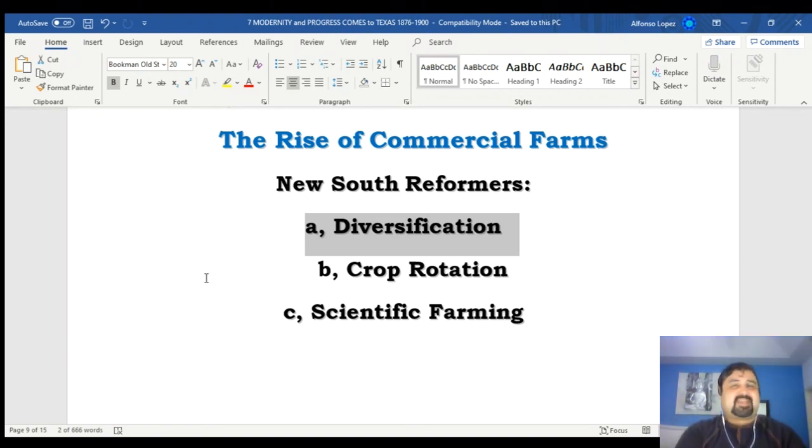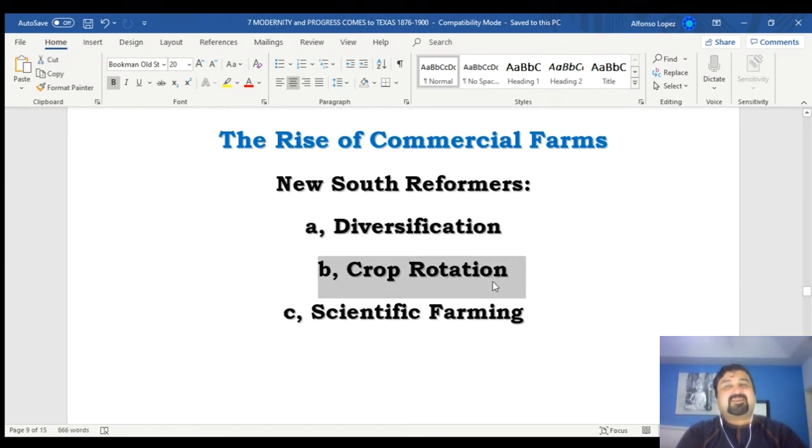Another thing is that the new experts, the new scientists trying to reform the agricultural sector of Texas, say that you also need to engage in what is called crop rotation. Because when you simply use one plot of land for growing crops every year in a very intensive way, you'll end up depleting the soil of nutrients. Even though you can bring fertilizers and the like, that's true, but you need to rotate. It's called crop rotation. In other words,